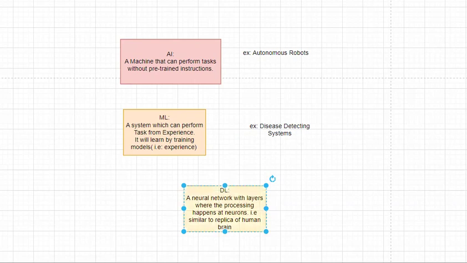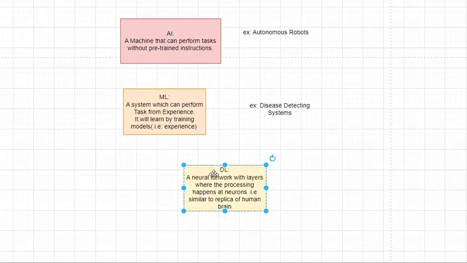That is deep learning. In order to perform these tasks, we have deep learning models, where these deep learning models act like a replica of our human brain. Similar to our human brain. What does our brain contain? Multiple layers of membranes, right? Our brain contains multiple layers of membranes. Similar to that, these deep learning models will contain multiple layers of neural networks. What? Neural networks. Multiple layers of neural networks.